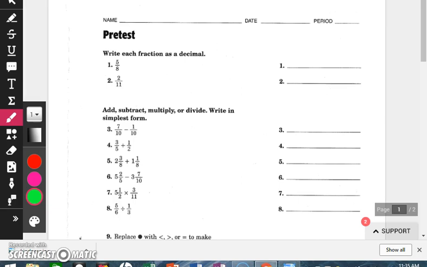So right off the bat, if you take a look at questions one and two, all you really need is a calculator, and you will be allowed to use a calculator on your district math assessment and end of the year assessment. So when using a calculator, think about 8 going into 5 for problem number 1, and you're going to see that it will not go in. So therefore, you would type in 5 divided by 8 on your calculator, and you will get